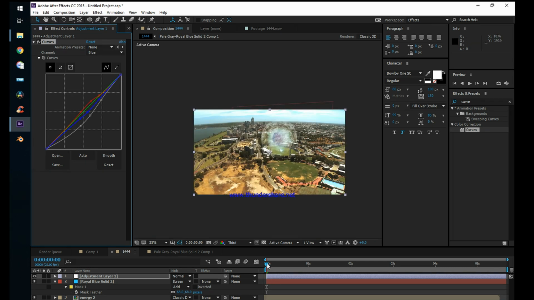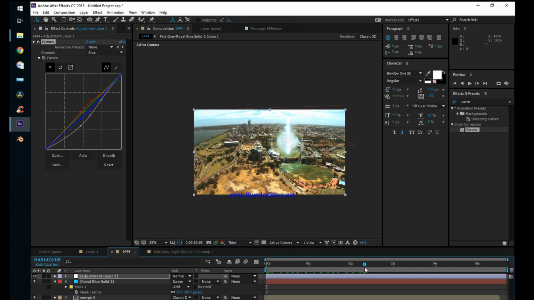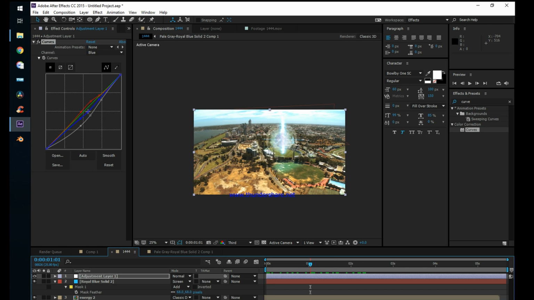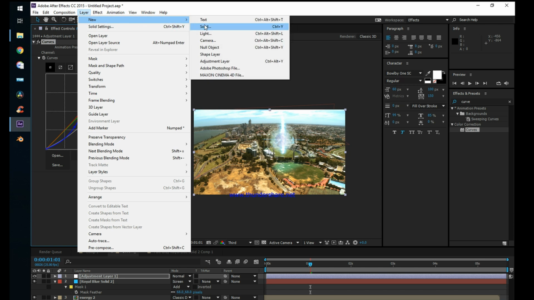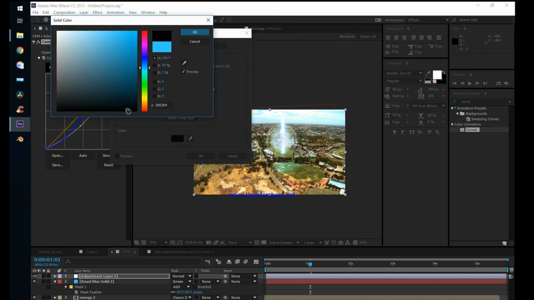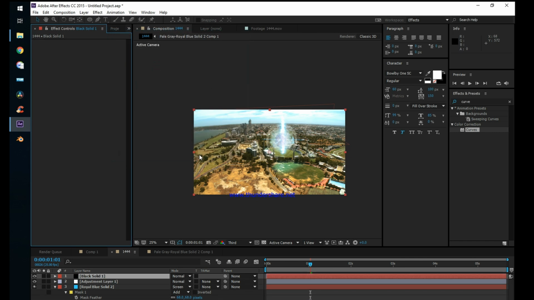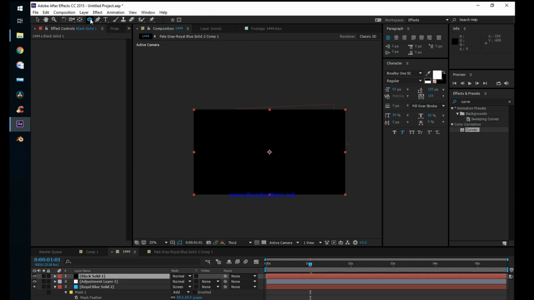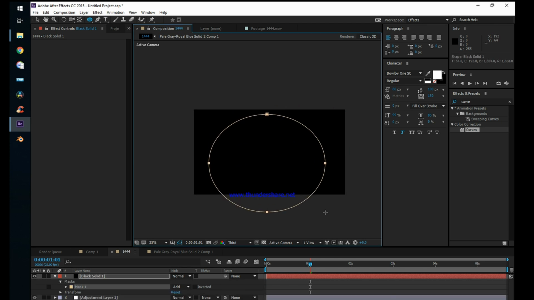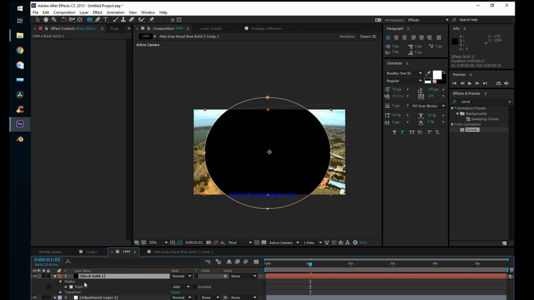And right now I think this is kind of bluish. Right now I think this is kind of greenish or something like that, and I want to change it. So let's make a new solid. This time we'll make it black, and then we'll come here and we're going to draw a mask. Alright, draw a mask like that, and then